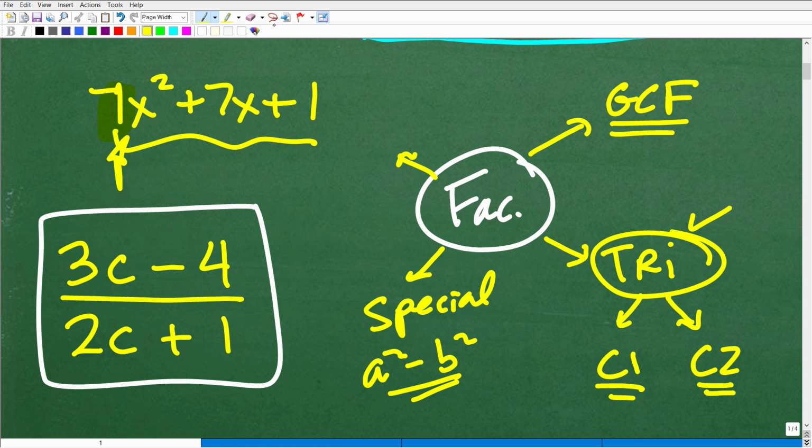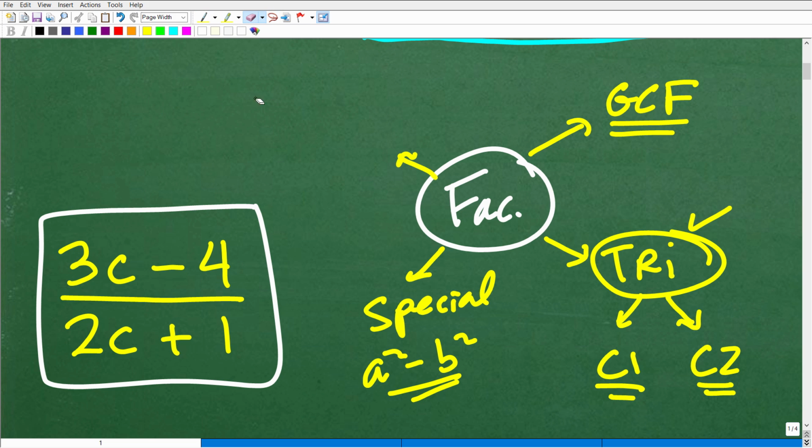And then last but not least, you've got to learn a little bit more advanced factoring techniques, which would include things like group factoring, etc. We're actually going to be using a little bit of that in this particular problem. Okay, so just in general, this is the stuff that you need to know